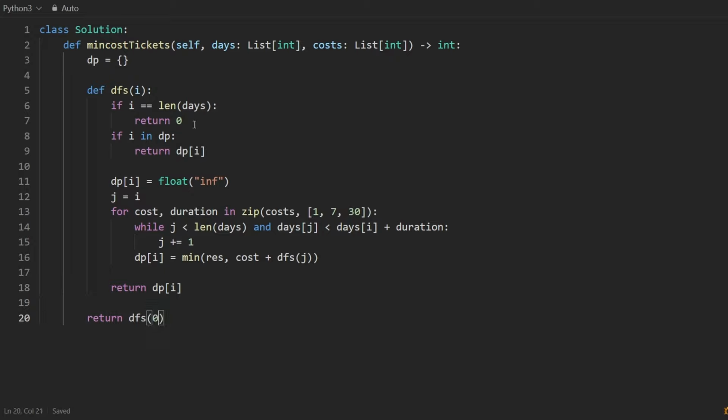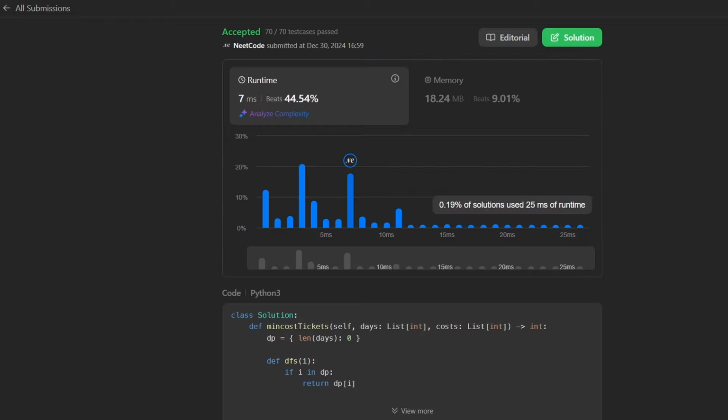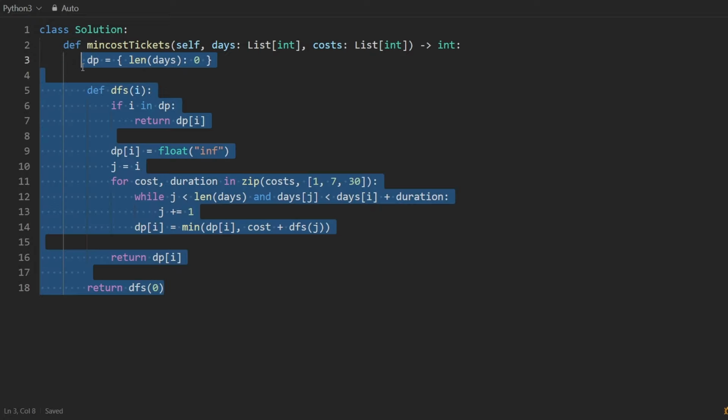There's one more optimization you can make here. We can see that if i is equal to this, we want to return 0. Couldn't we just throw that in the cache as well and say if i were to be length of days, the return value is 0? Then we can get rid of this if statement, and that will be handled by the cache anyway. So just some very minor optimizations. I'll run this for you now. And of course, I forgot to change this result, so that's also a dp of i. Now you can see that the solution does work,